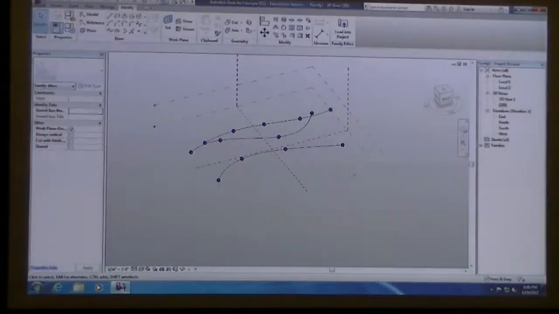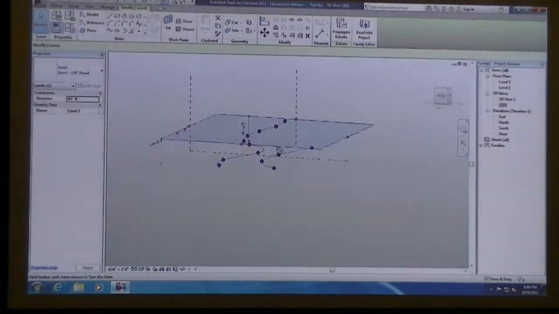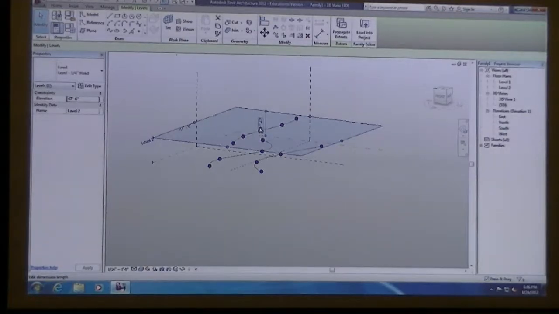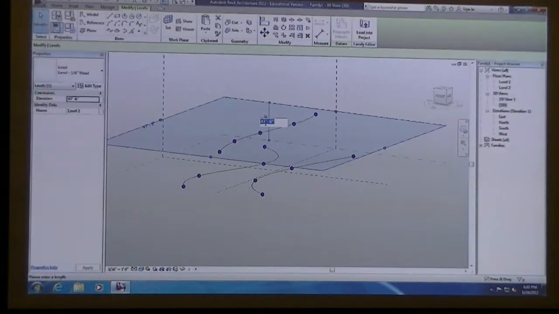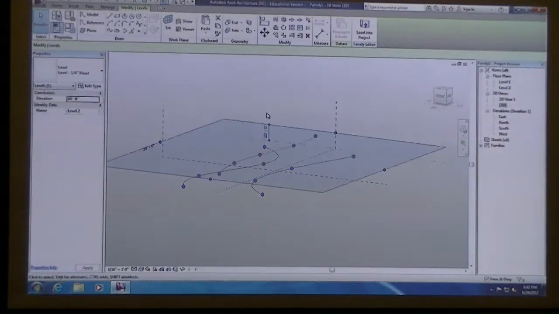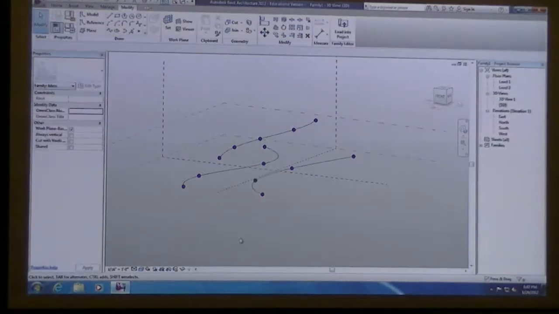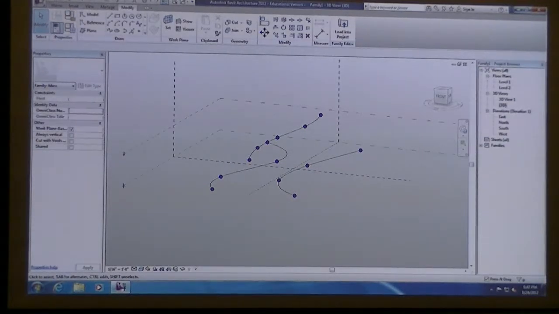And so now when I look at my 3D view, you can see that that other spline, because we're in level 2, is up on the level 2 plane and is up and above. So you can click on that level 2 plane and you see you get those dimensions again. You can change that dimension, and anything that you drew that was associated with that level 2 plane will move up and down with it. I'm going to save this real quick.